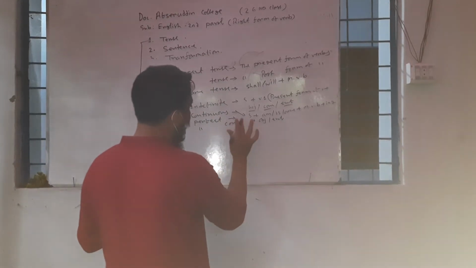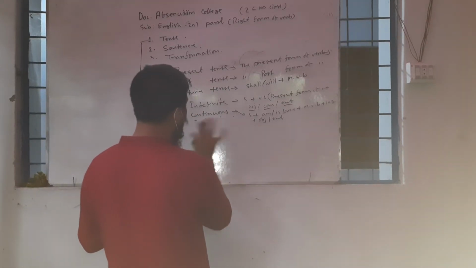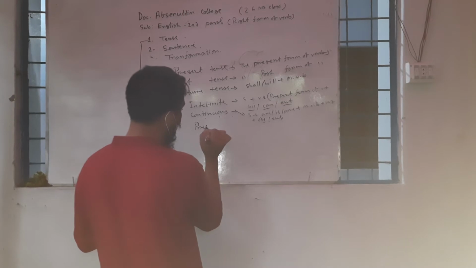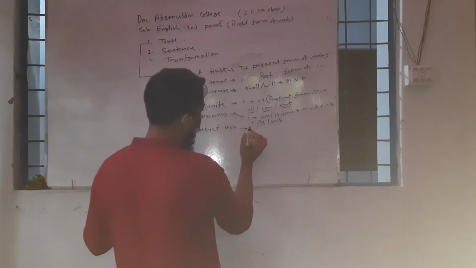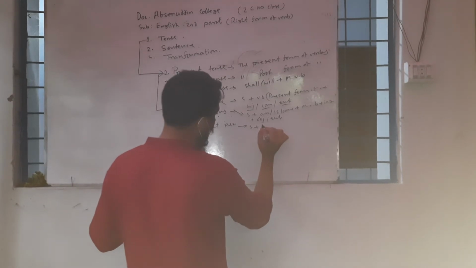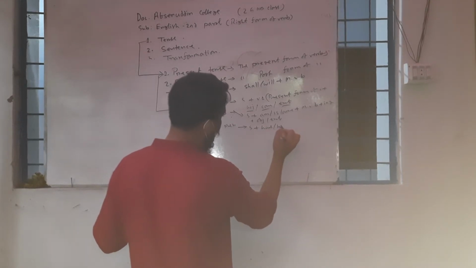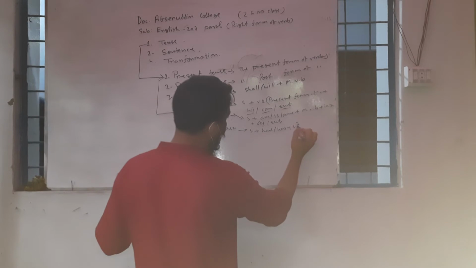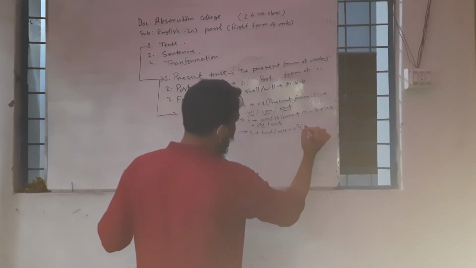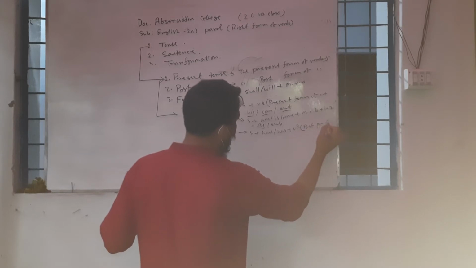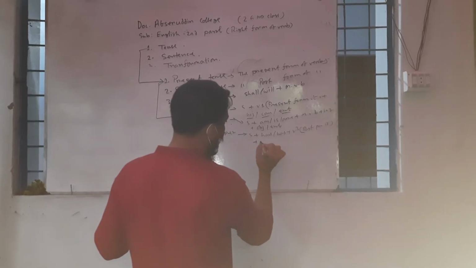And then if you would like to write present perfect tense, you have to write like this: subject plus have/has plus V3, or you may write past participle form of verb plus object/